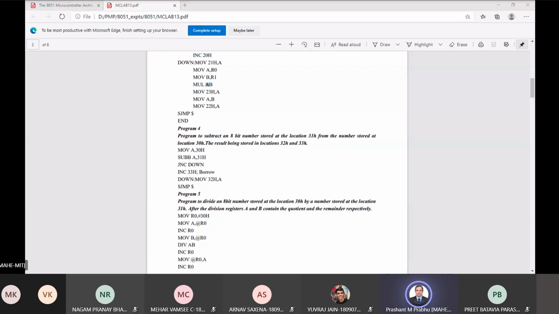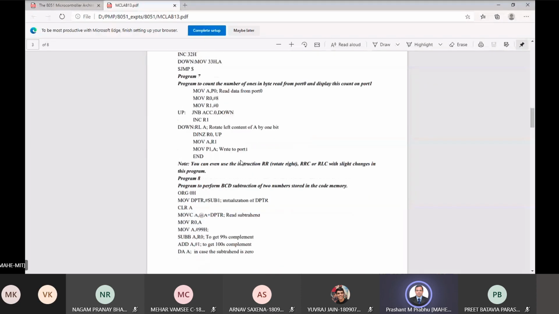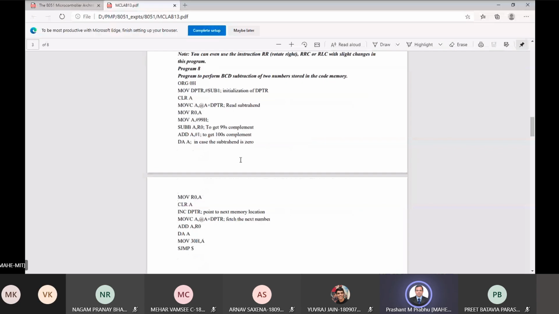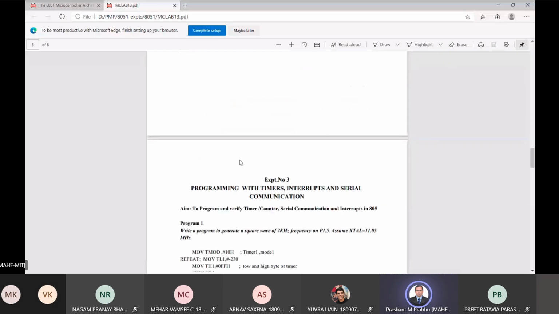Anybody tried with experiment 2? Sorry, experiment 3. Programming with timers, interrupts, and serial communication.